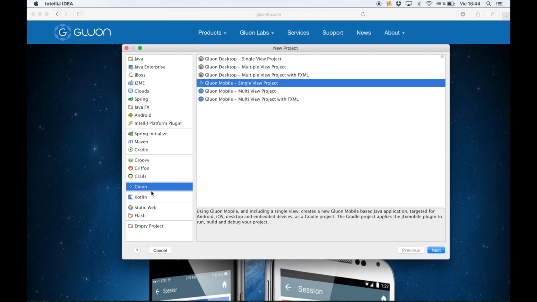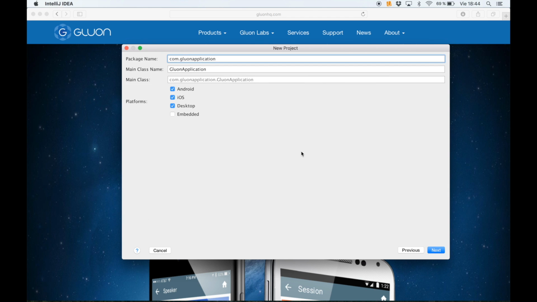So on the left we have the Gluon category, and on the right we can select from a different bunch of templates for desktop or for mobile. So let's select Gluon Mobile single view project to create a very basic project that we will be able to deploy on our mobile devices. Let's start by typing the package name, for instance, the main class,